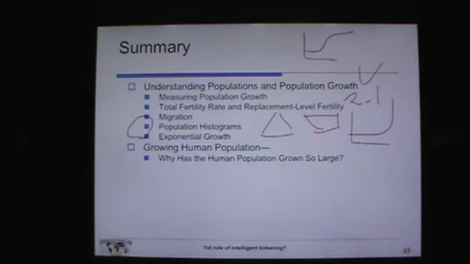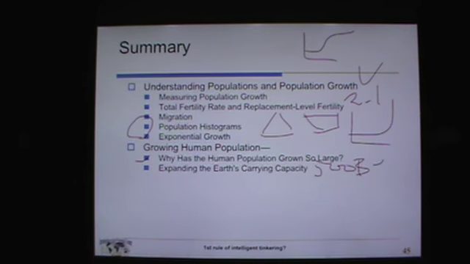Excuse me. Why has the human population grown so large? For a lot of good reasons. We're better at sanitation. We have better health care. Lots of different reasons. Do we need to expand the Earth's carrying capacity, or do we need to reduce the rate at which we grow? So it was 500 billion